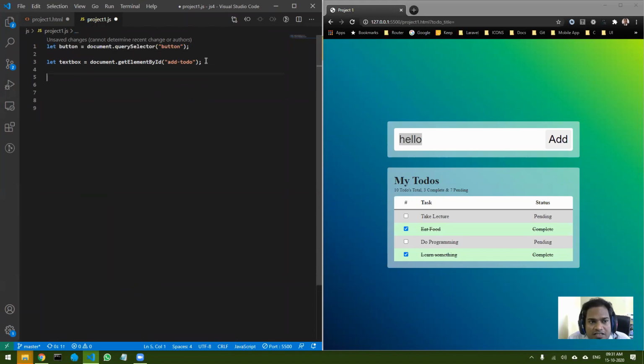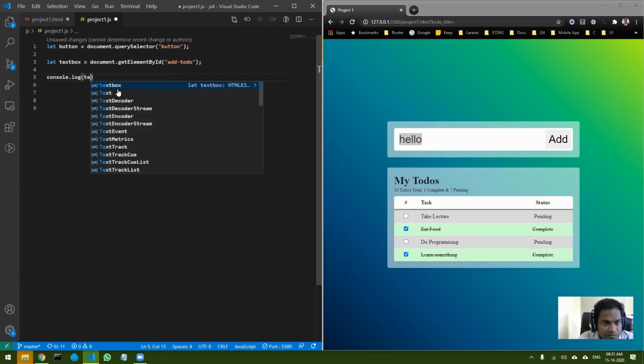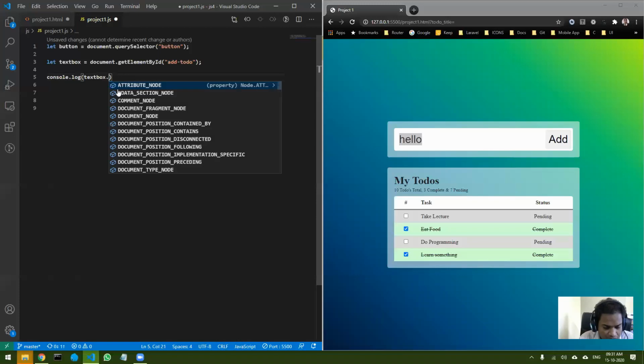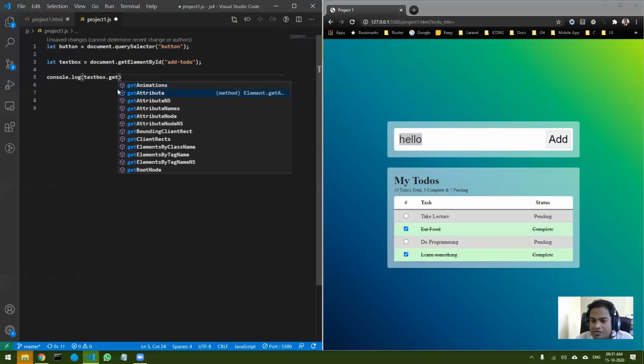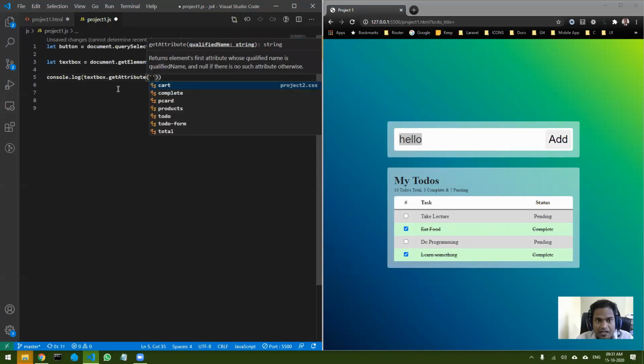Now let's see how we can get the value. To get the value, I can just do console.log and I can say textBox.getAttribute. This is a new command that you should know.